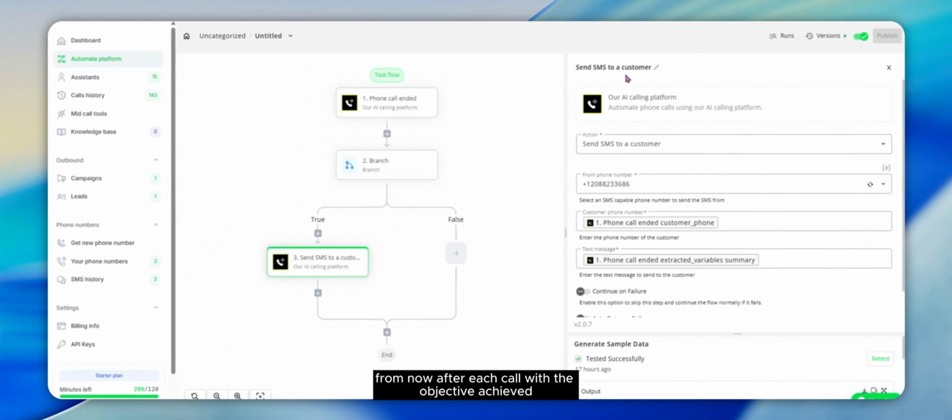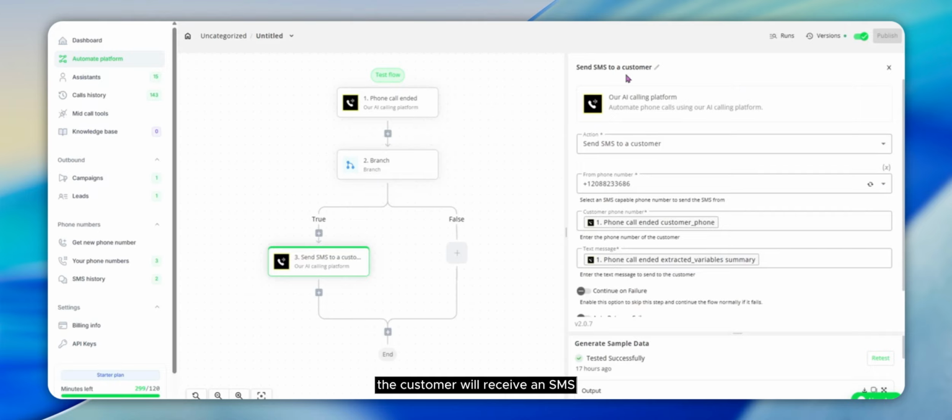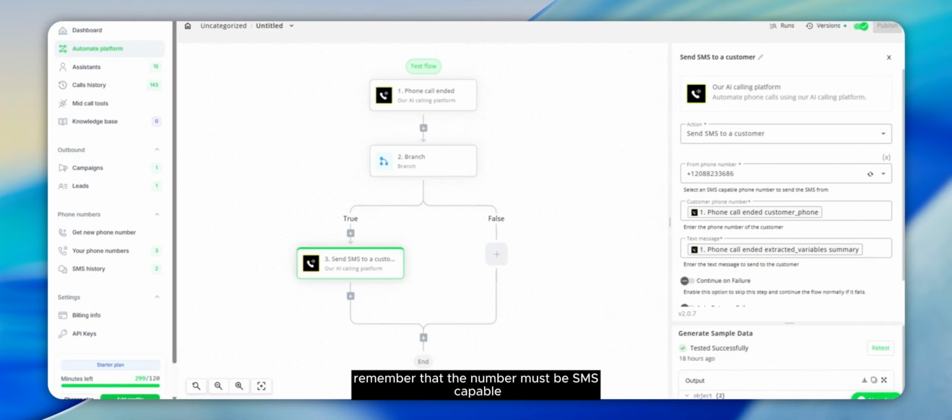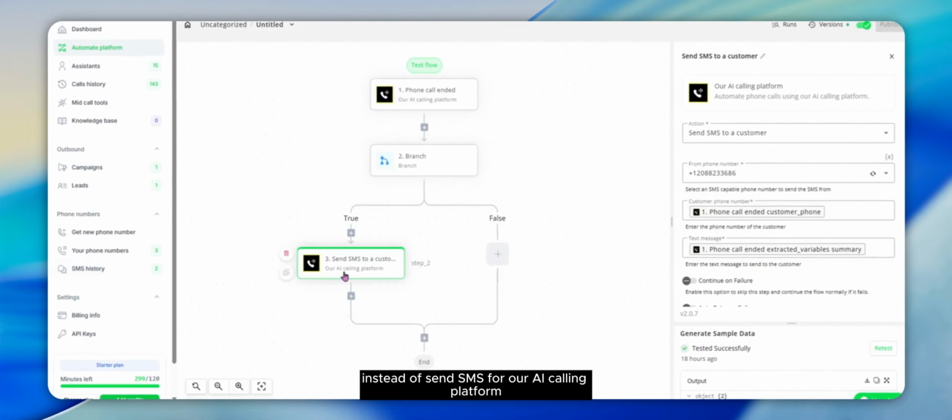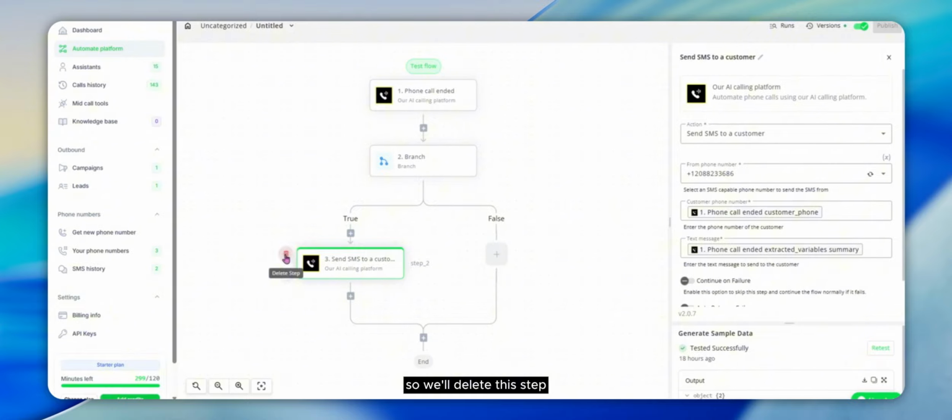From now on, after each call with the objective achieved, the customer will receive an SMS. Remember that the number must be SMS capable. If the message needs to be sent to US numbers, then you will need to purchase a phone number from Twilio, perform the A2P verification, and then use the action from Twilio instead of send SMS from our AI calling platform. So we'll delete this step,